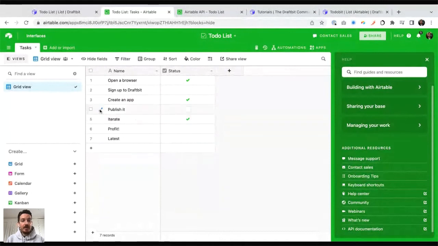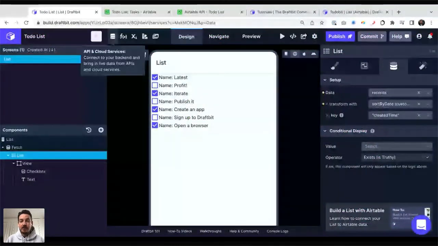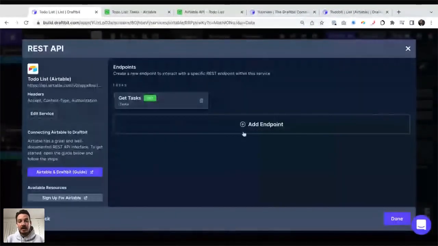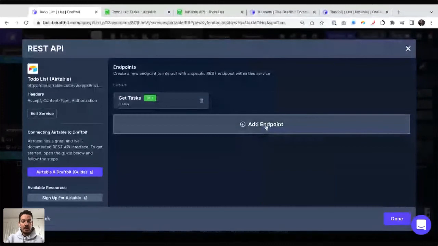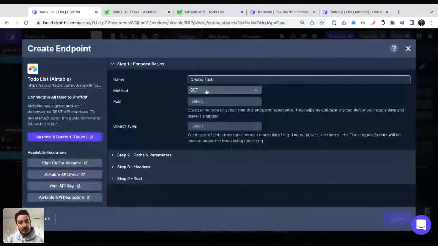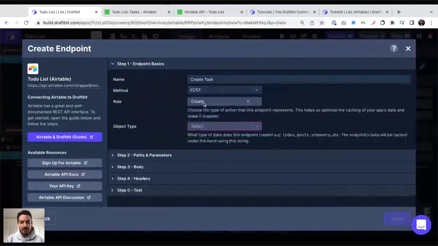So to do that, as I mentioned before, every time we want to specify what type of action we want to do on our backend, we go back to our data model and we have to define a new endpoint. So in addition to just getting all the tasks, I want a new endpoint to create a task. Again, I'm going a little fast here because we have a lot of docs, but essentially,